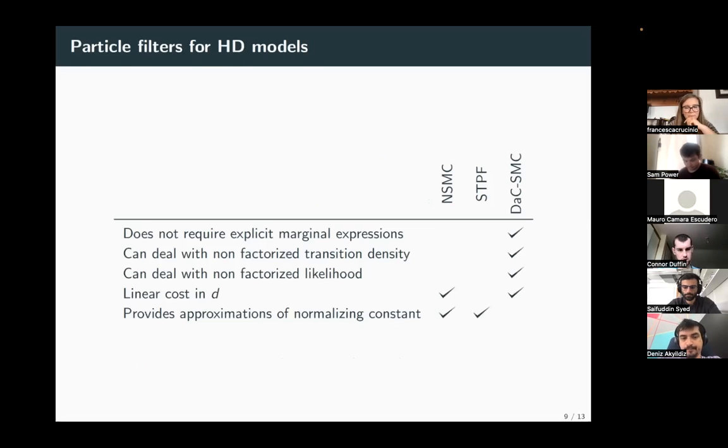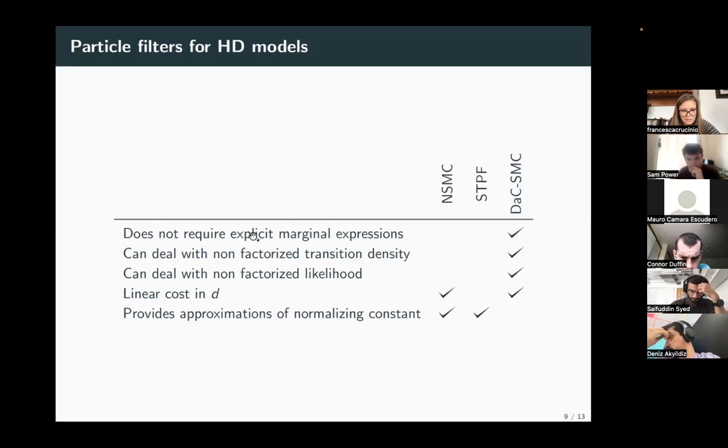Okay, so this is pretty much summarizing the strengths and the weaknesses of the algorithms I mentioned. There is no block particle filter because in this space-time particle filter paper, they showed that this STPF is way better than the block particle filter. And the fact that it's not consistent is not nice because you are never sure how much you can rely on your results.